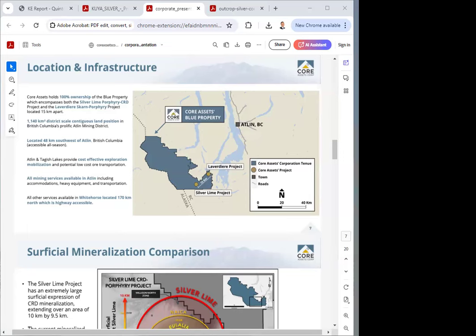Look, it's an incredible area that probably hosts a number of porphyry deposits, like porphyry systems. And these CRD mineral deposits, these carbonate replacement deposits, are closely associated with those porphyry intrusions. You do have at least a couple of centers on the property that the company has tackled. So we have Silver Lime, which is where most of the main work has been done to date. But there's